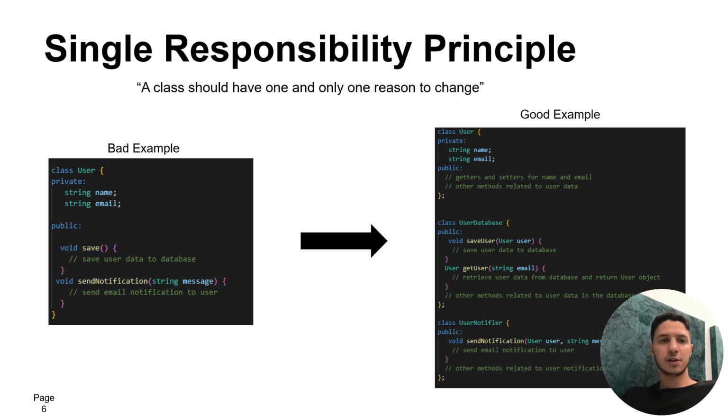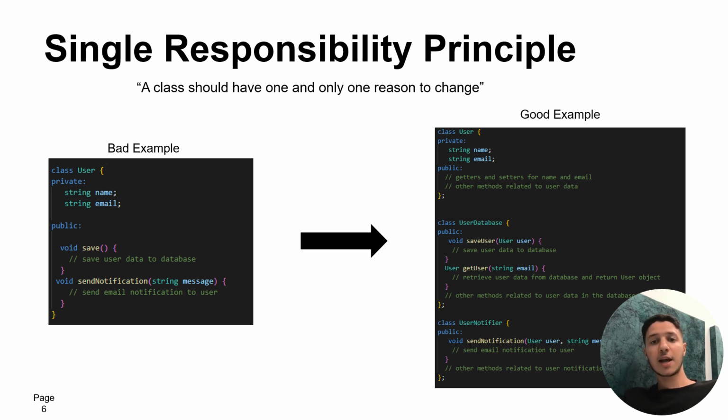Single responsibility principle. A class should have only one reason to change. So if you look at the bad example, we'll find out that here it has two responsibilities. One is to save the user data to the database, and the other is that it sends email notifications to other users. Well, in the good example, we have a class called User that is only responsible for the user